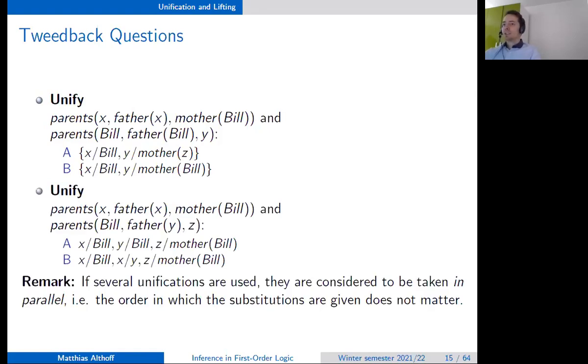So second one, the parents of X are father X and mother Bill, and the parents of Bill are father Y and Z. So what would be the correct replacement here?